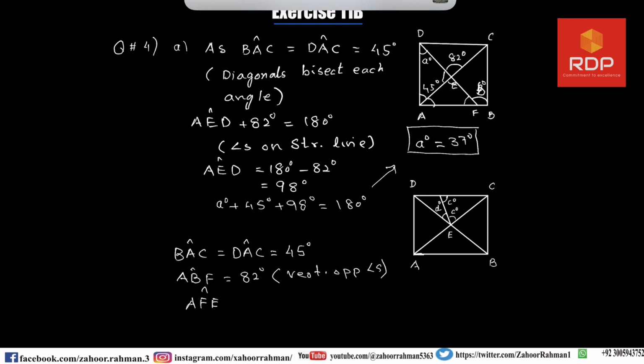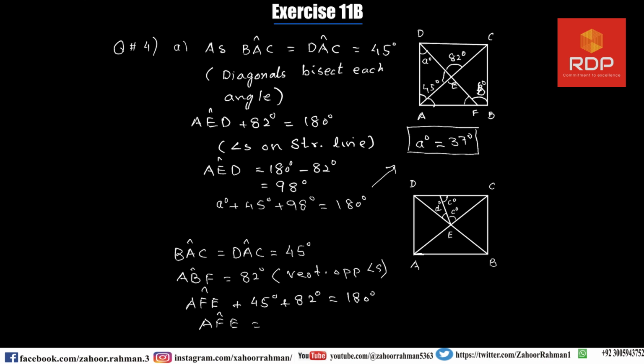AFE plus 45 degrees plus 82 degrees is equal to 180 degrees. And if we are finding AFE, then after the necessary calculation we will be able to find that it is equal to